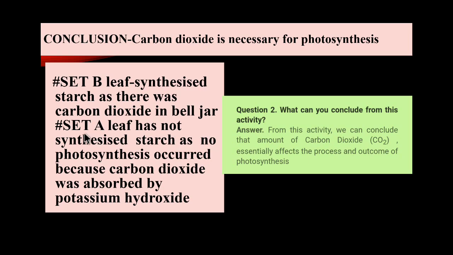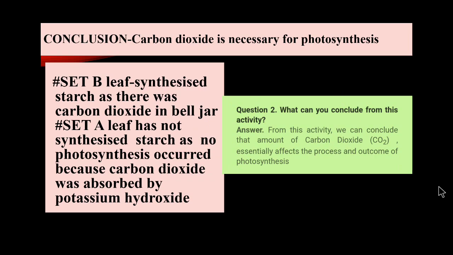Now the leaf of set A has not synthesized starch because photosynthesis does not occur, and the bell jar of this set does not contain carbon dioxide, as it is absorbed by the potassium hydroxide solution. Okay, so we can say that carbon dioxide is necessary for photosynthesis, and it essentially affects the process and outcome